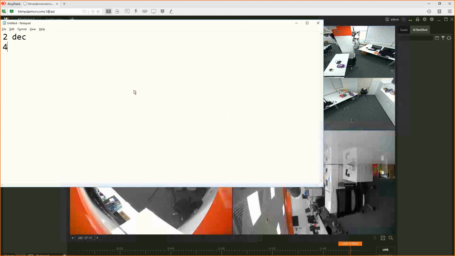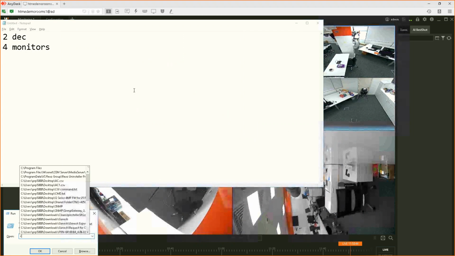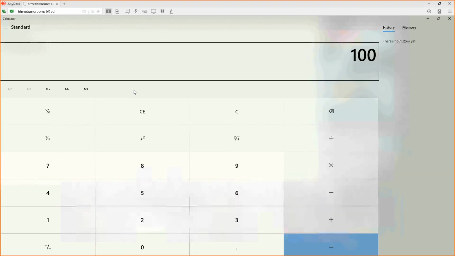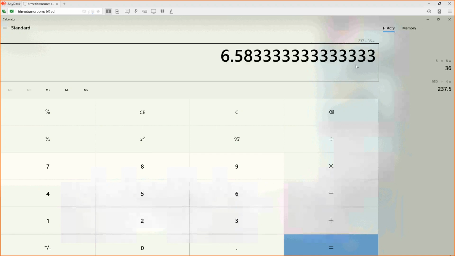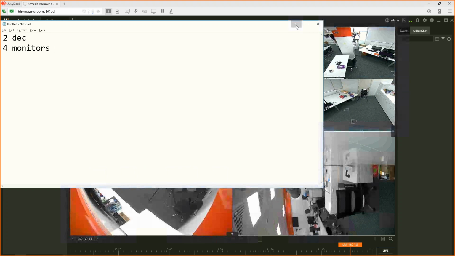The remaining 4 monitors you have, and you have to display, let's say, out of 1,000, you are using 2 monitors, 25 each. Let's say 950 cameras. You have to show them in 4 monitors. Oh, that's a lot. Okay, you have to show 237 cameras per monitor, right? Okay, how to show 237 cameras? You can take a layout of 6 by 6, 36, and you can sequence 36, 36, 36, 36, and so on. So 237 divided by 36, within 7 sequences, you will be able to cover all 237 cameras.